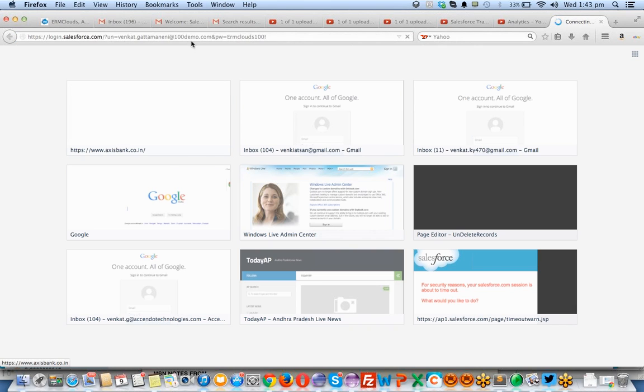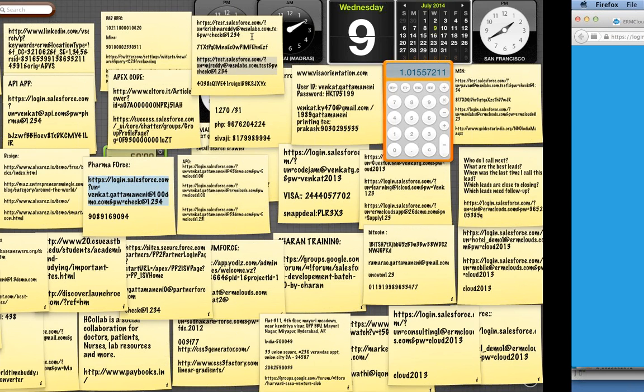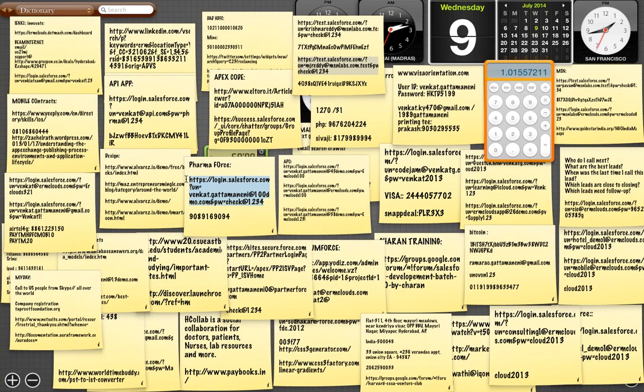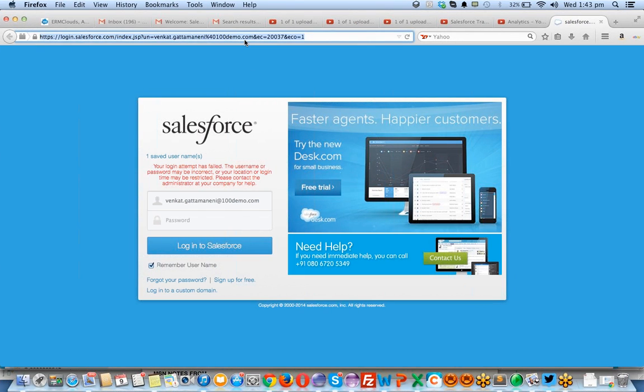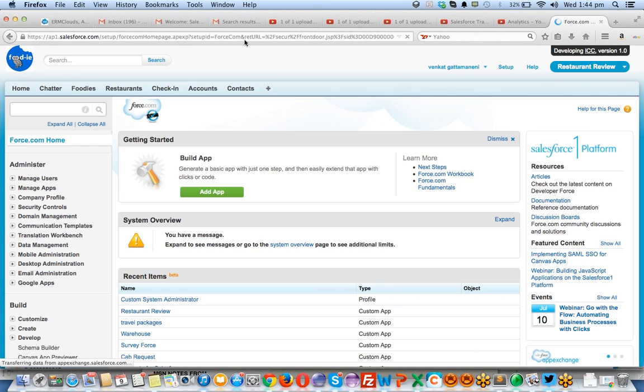What I'm doing here is simply passing my username and password automatically from the URL. It's giving me an error. Oh, I have a new password here. There is one more plugin for Salesforce, because some people will manage around 5 to 10 organizations and don't remember all the passwords. We use this type of URL, and you can directly copy, paste and enter. You don't need to enter the username and password every time.